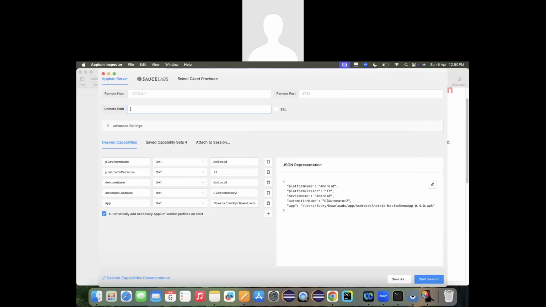And the other thing is in the remote path. Earlier with the older versions of Appium, we do have /wd/hub, which is not required for the latest versions. Directly,